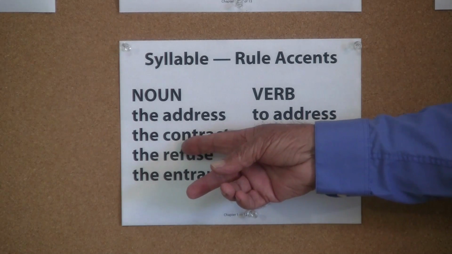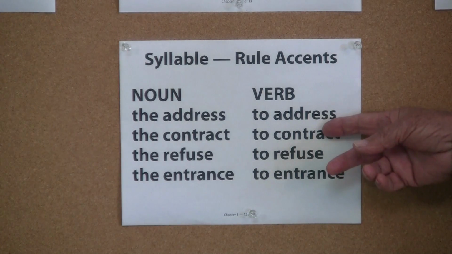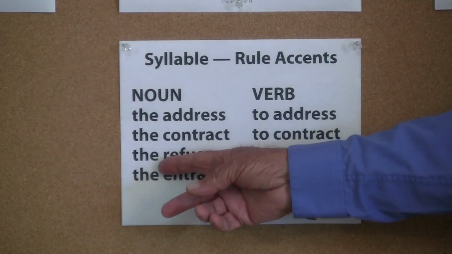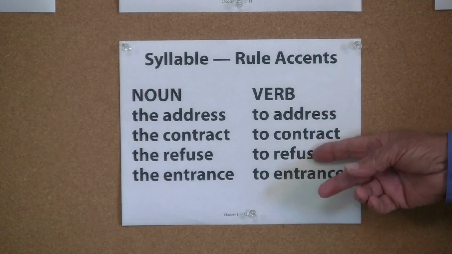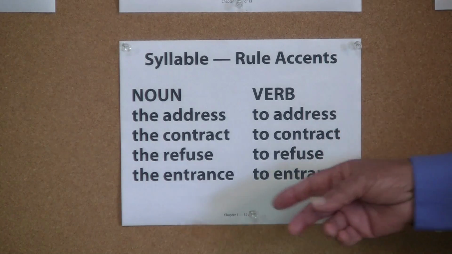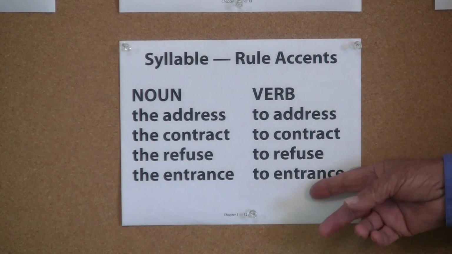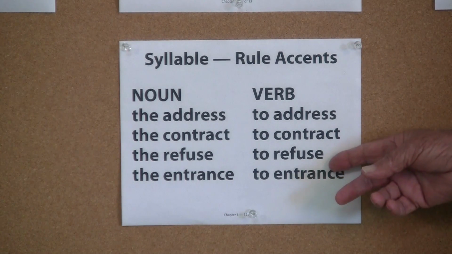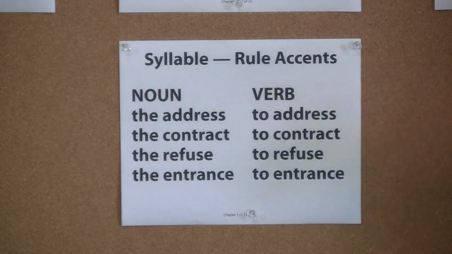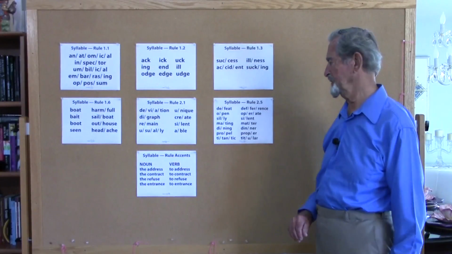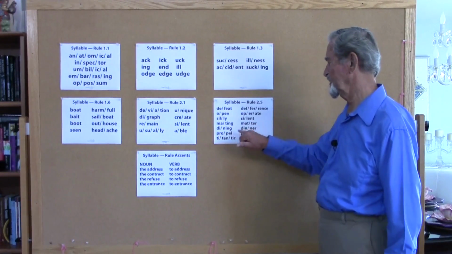The contract, what you sign, and to contract, something that shrinks. The refuse, the garbage. To refuse, to say no. The entrance, the gateway. To entrance, to fascinate. Just moving the accent makes a world of difference, and in this case also the sound is changed by where